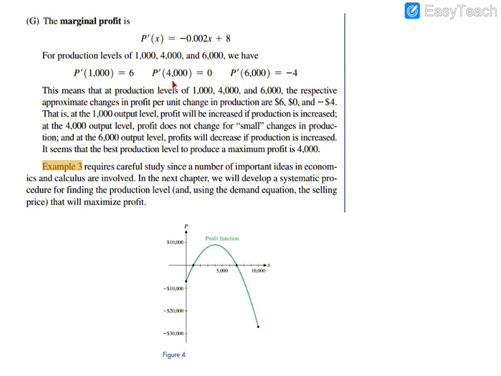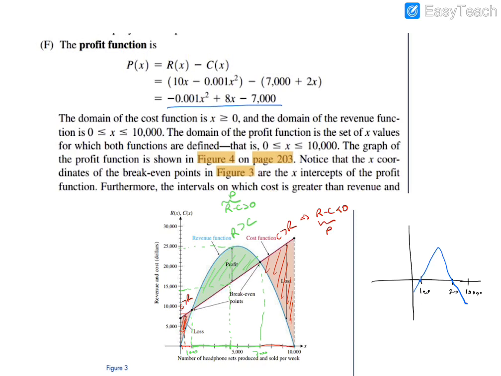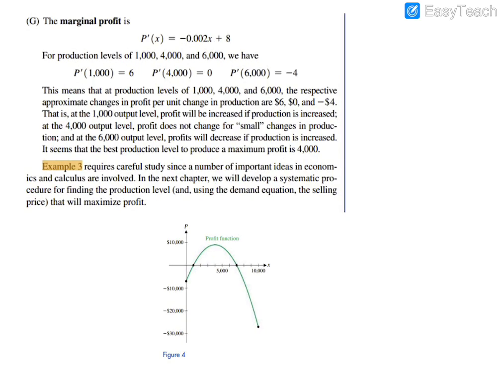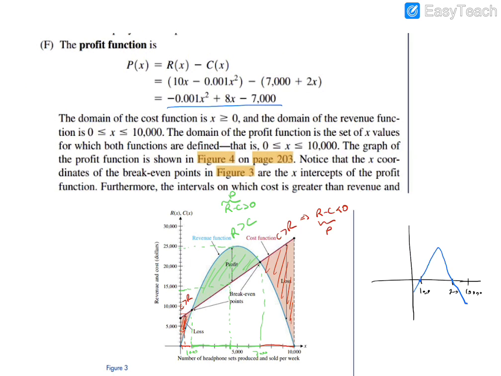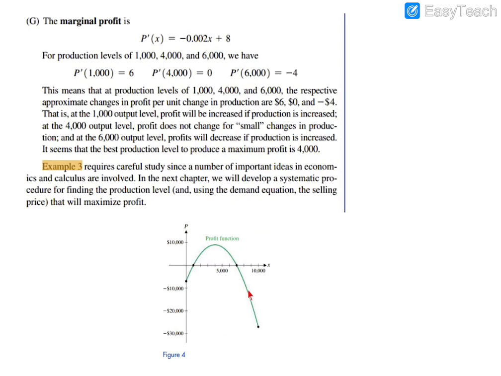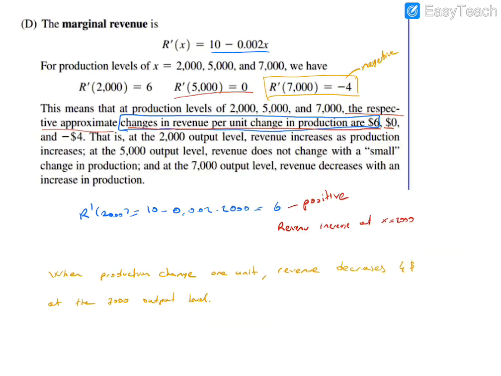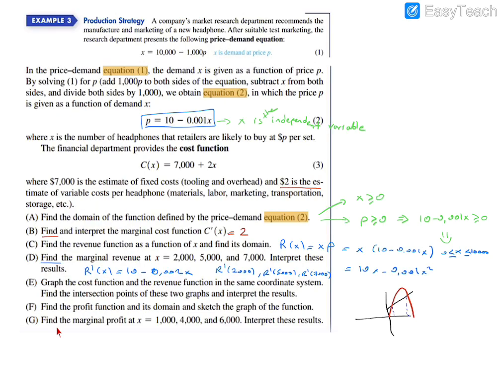At some given level, according to the question, this is the next part. Okay, you can calculate the profit or marginal profit. Actually, the next part is related to the marginal profit, not the profit. Sorry. Okay. So the profit function graph is like this one. Actually, I should carry this one to the previous page. So let's look at the next one, part G.